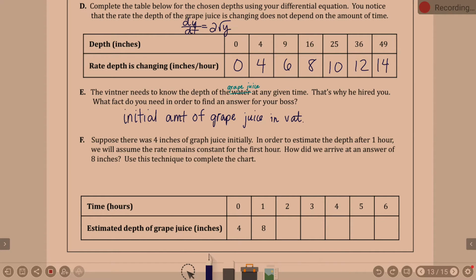If you recall the whole grape juice and water question yesterday, it's hard to start this problem if you don't have an initial amount. Where are we starting? Here, they have told us 4 inches. So at time 0, we start with an estimated depth of 4 inches of grape juice. Now, after 1 hour, it says we assume the rate remains constant for the first hour. So if it's remaining constant for the first hour,